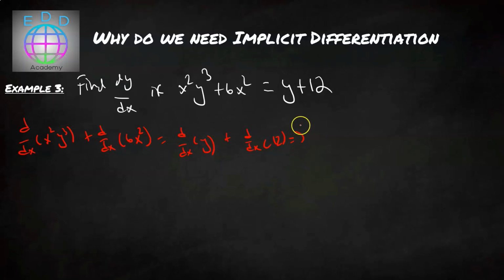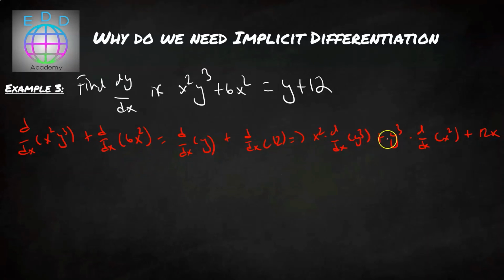We can simplify this, noting that this here is a product rule, so we can write that x squared times the derivative of y cubed plus y cubed times the derivative of x squared. That takes care of the product rule, this first term on the left here. And then we add this to the derivative of 6x squared, which is just 12x, and that takes care of